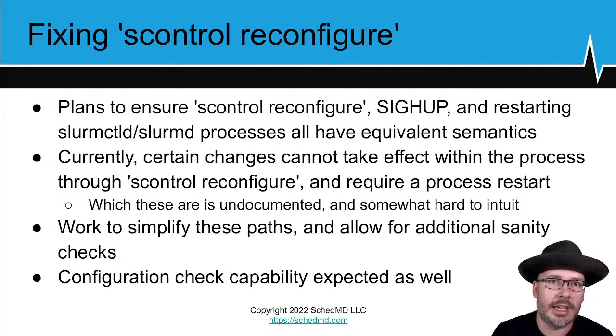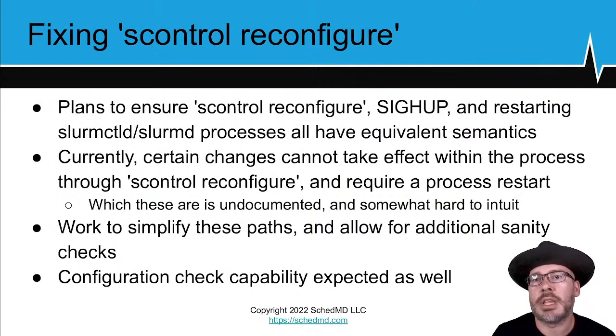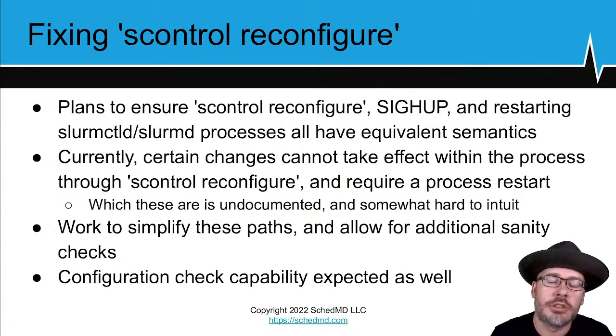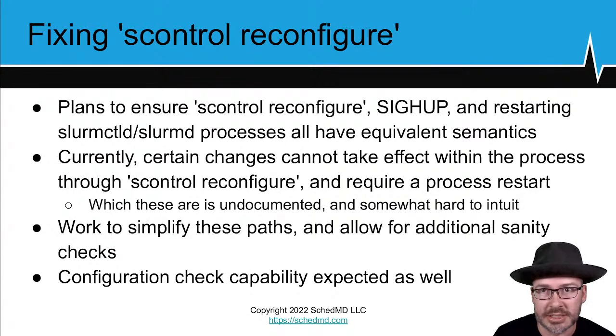I'll admit that which updates it can successfully do is mostly undocumented and rather hard to intuit. A number of different configuration values are cached in various places in the daemons in locations that don't respect the scontrol reconfigure call. And scontrol reconfigure structurally has not been allowed to make changes to the plugin stacks if